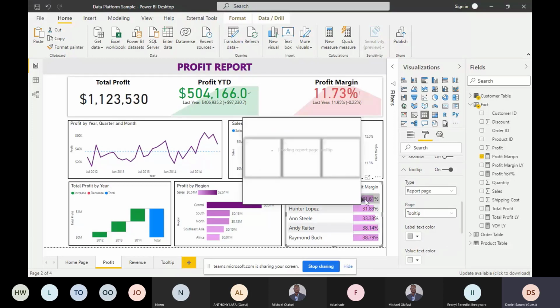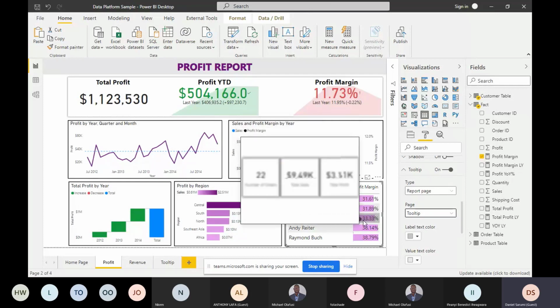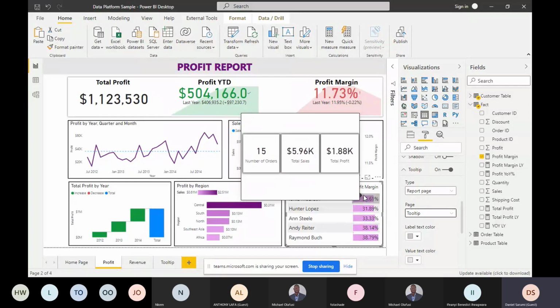So now you can see what we have. You can see that for the first customer, though he has 31.6% profit margin, he ordered 15 times. The total sales is over $5,000, and the total profit is over $1,000. Then you can also see for the rest of the customers. So this is how to create your tooltip. This is how to manage your space, and also give your clients